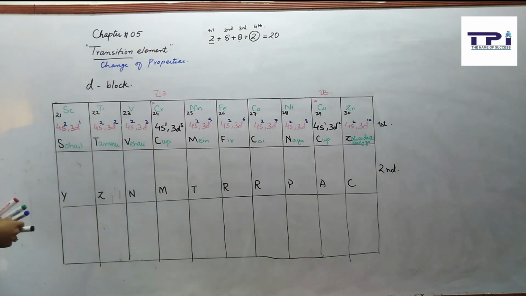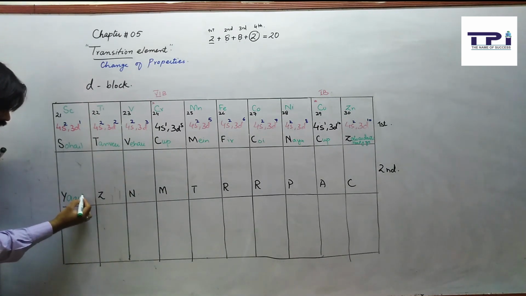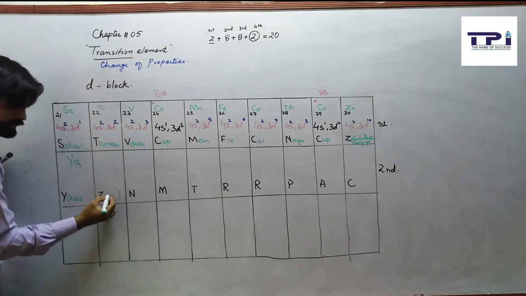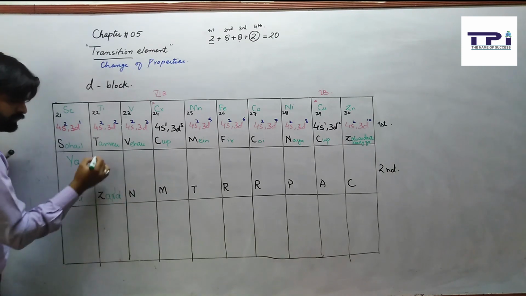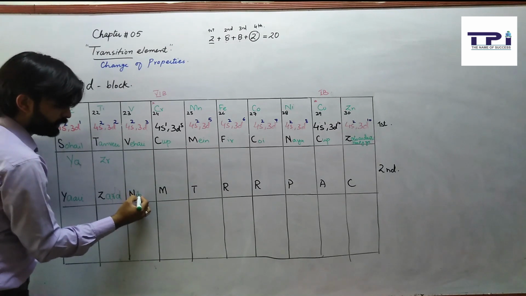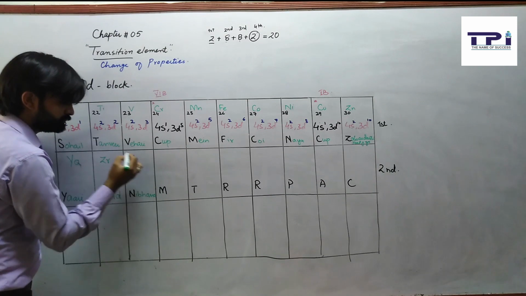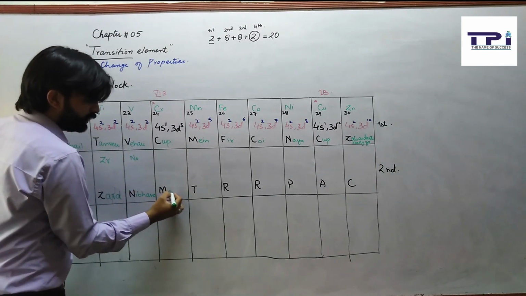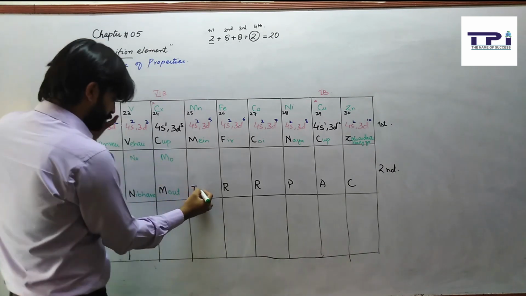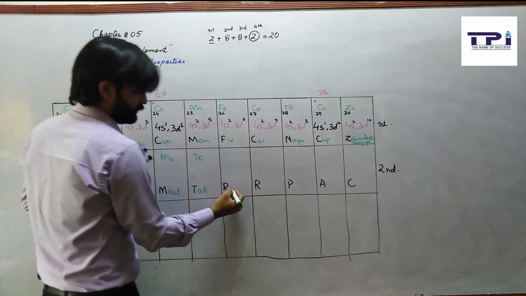How can we make this trick? Yari, it means yttrium, zara, zirconium, nibhana, niobium, moth, molybdenum, tak, technetium,